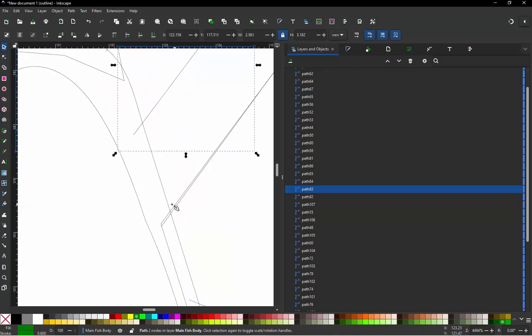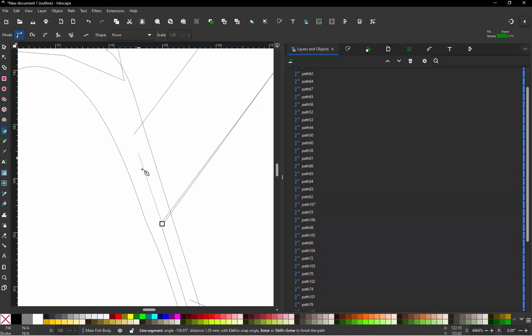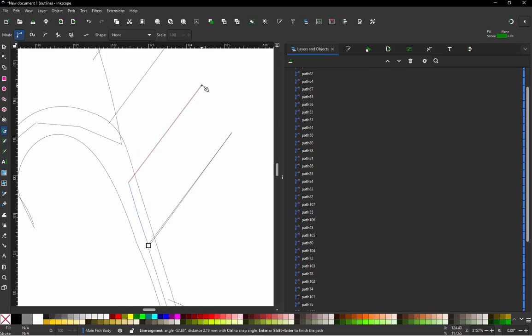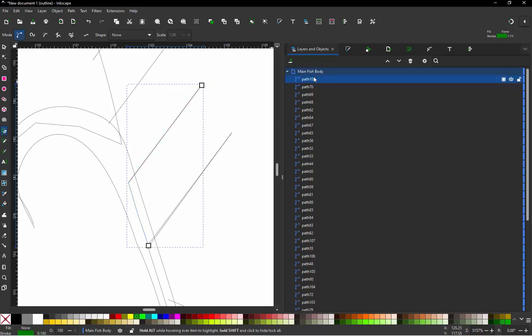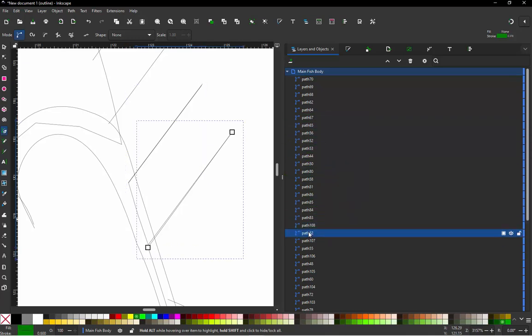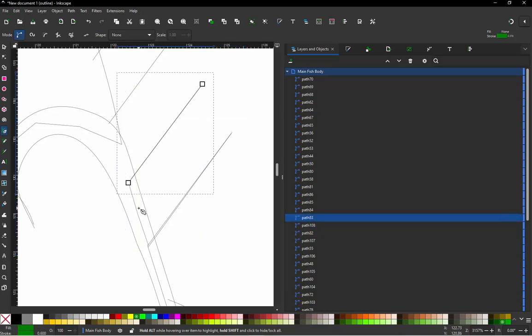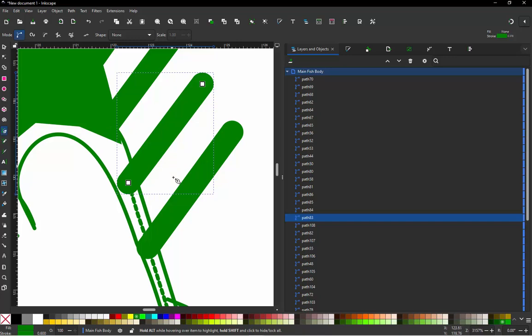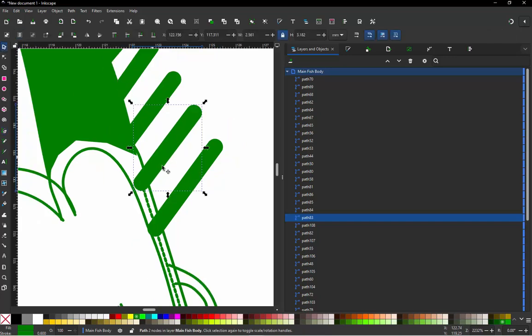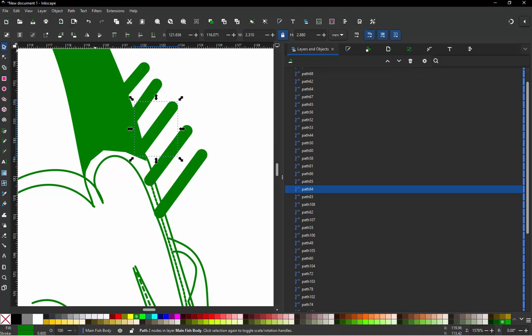So we'll come in here with our pen tool and we'll just click, click, click. We're going to go to the top like so, but then this has to be put in between 82 and 83. So we have 82, running stitch, 83. Okay, so that takes care of that. So then we need to look here. We're just going to go ahead and